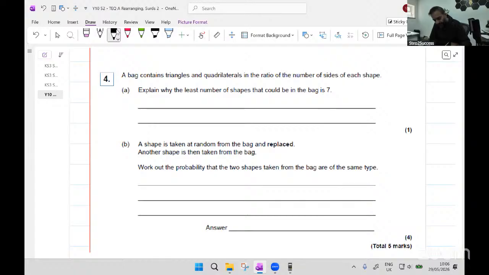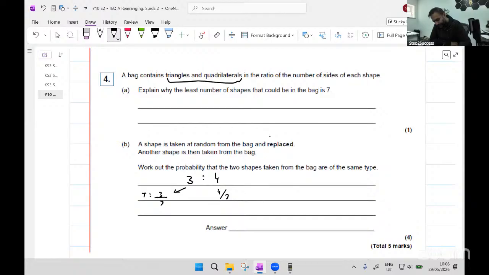Right. So we know that the ratio of triangles to quadrilaterals is in the ratio of the number of sides of each shape, which means that the probability of taking a triangle is 3 out of 7, and the probability of taking a quadrilateral is 4 out of 7. We're going to take two shapes from this bag